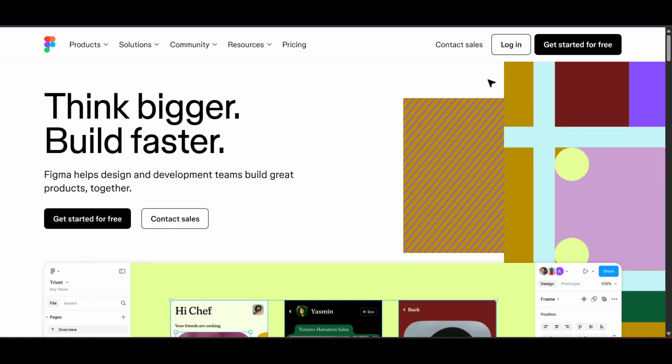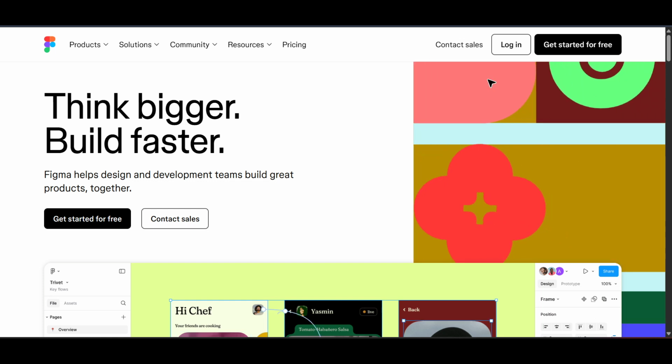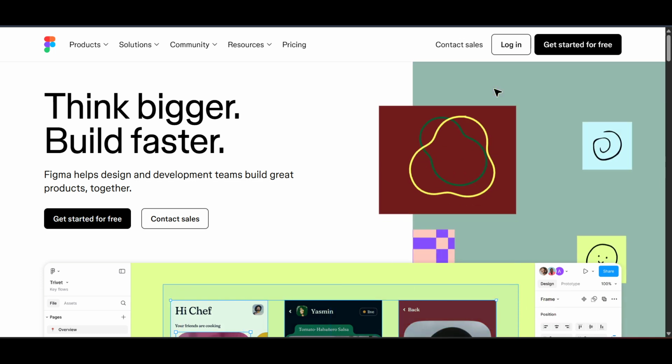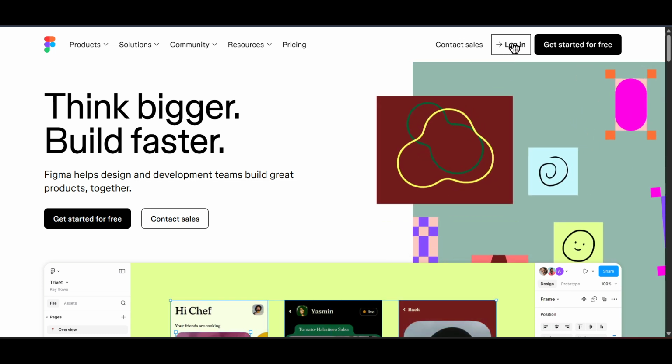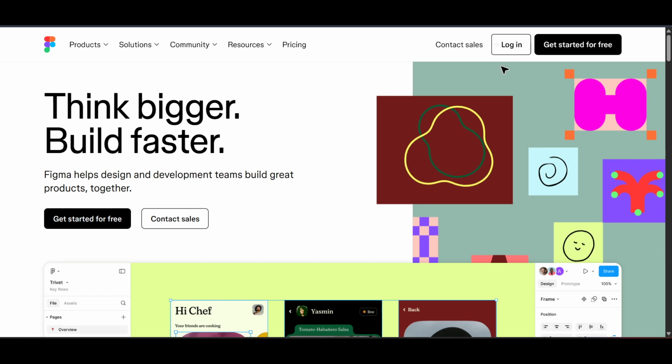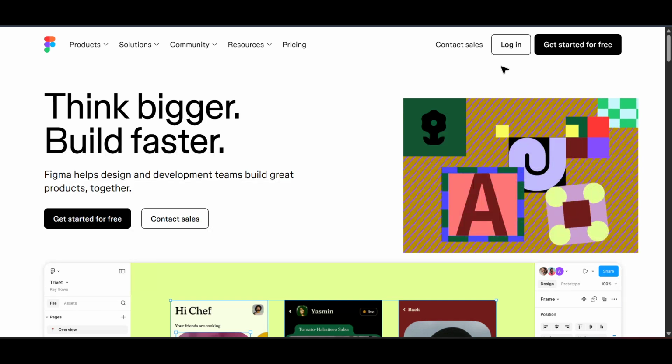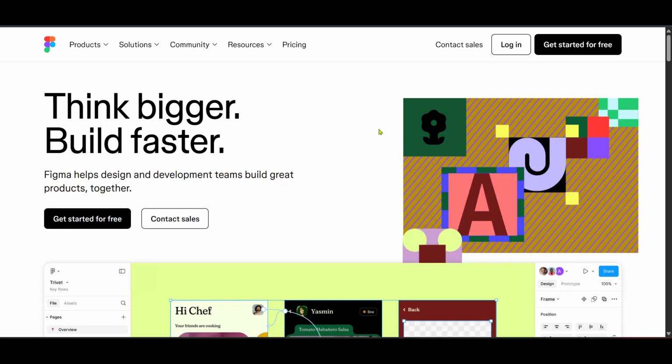The first thing you'll need to do is head over to Figma. It's a great collaborative interface design tool that many of you might already be acquainted with. If you're not logged in yet, the next step will be to click on the login button. Make sure to enter your login credentials to access your Figma account. Once you've successfully logged in, you will find yourself on Figma's homepage, a well-organized space where you can manage your